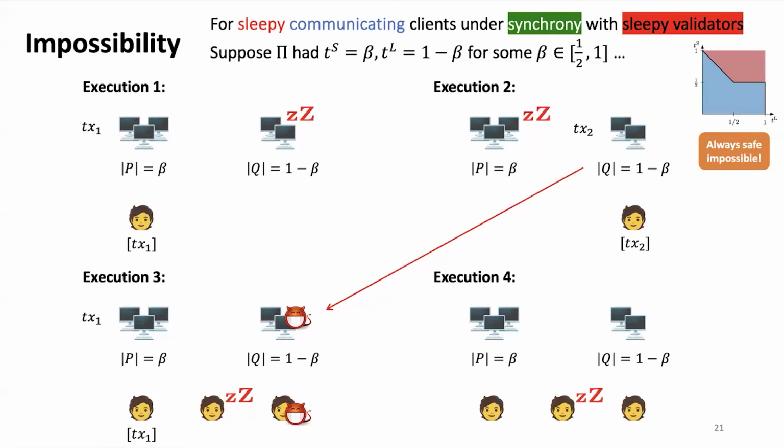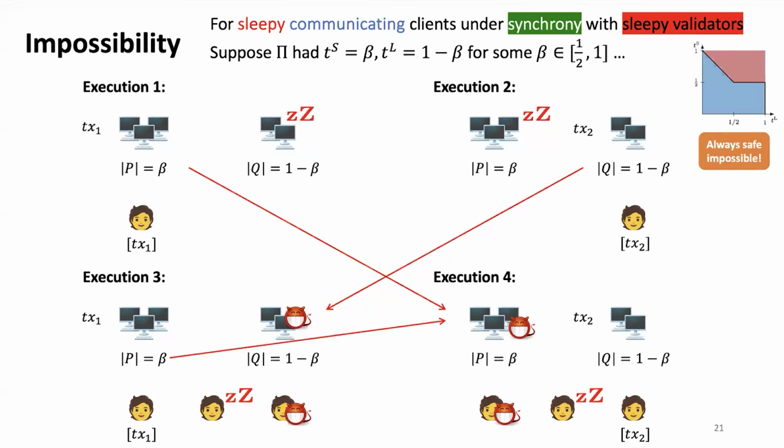And then execution 4, again, we're going to mirror the situation. We're again going to have this guy in the middle asleep. The guys in P and this client are going to mimic the behavior of the honest nodes over there. Transaction 2 enters into Q. Then this client has to eventually output transaction 2. And then after these confirmations, TX1 and TX2 have happened, the adversary nodes here now start doing what happened over there, and vice versa. And then the question is, okay, what should this client now be outputting?